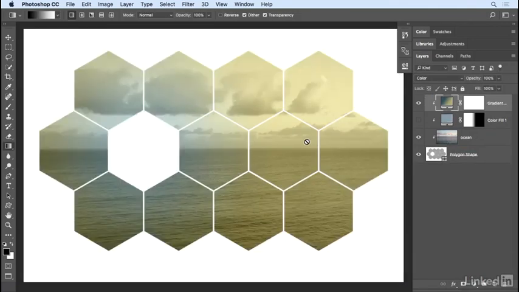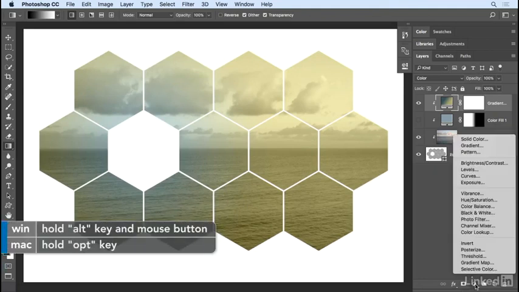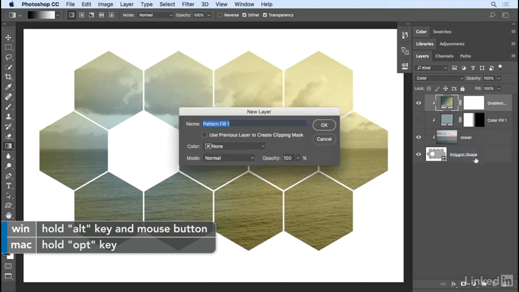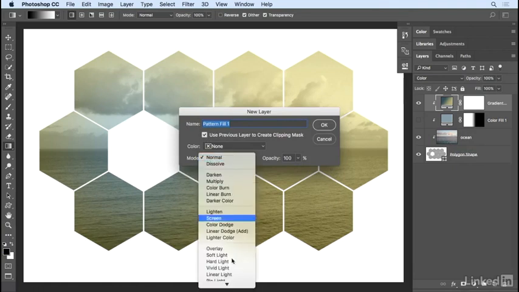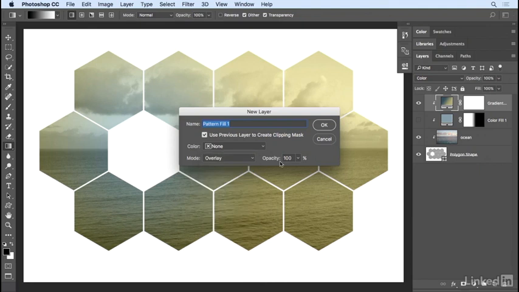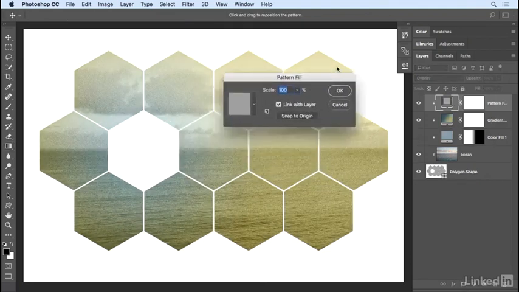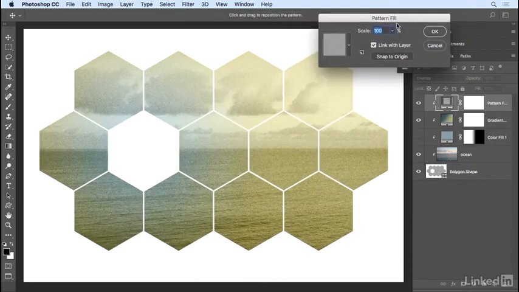So I'll click Cancel, and this time before I click on the adjustment layer icon, I'll hold down the Option key and then choose Pattern. That will display the new layer options so that I can choose to create a clipping mask and change the blend mode. This time I'll change the blend mode to Overlay. Click OK, reposition this out of the way, and then we can decide if we want to add more of a pattern or maybe a texture.